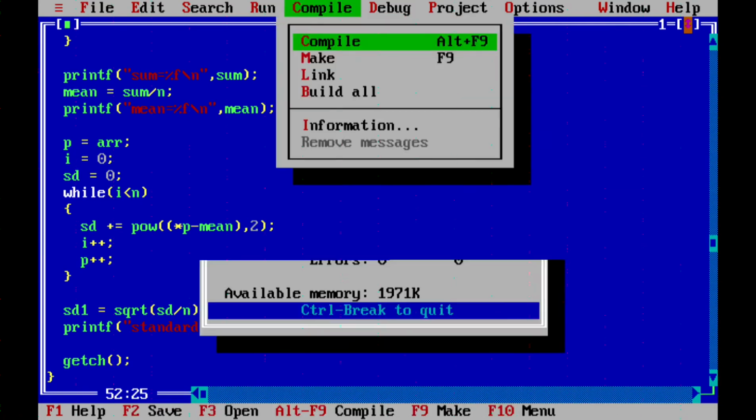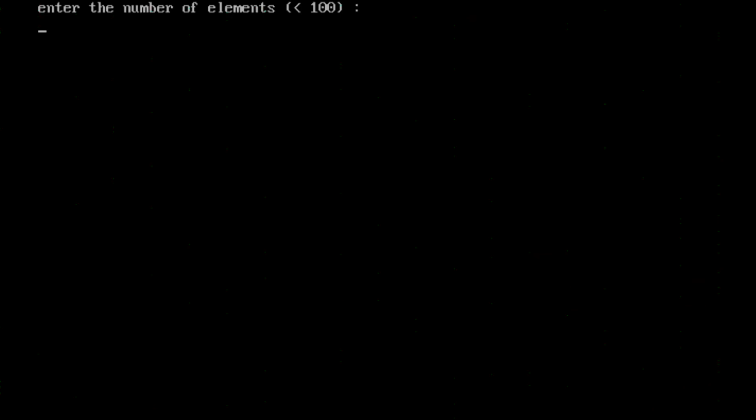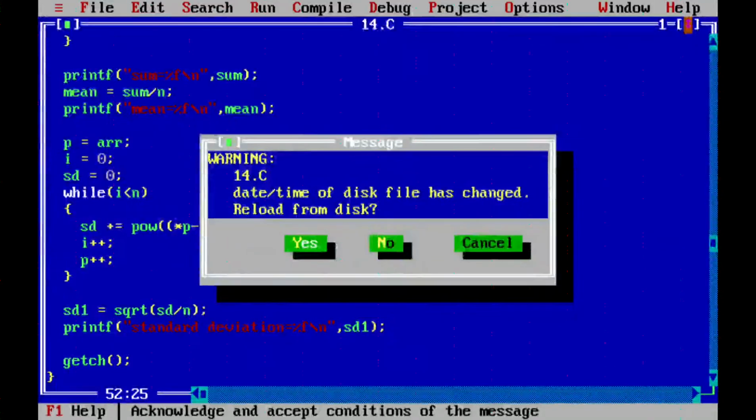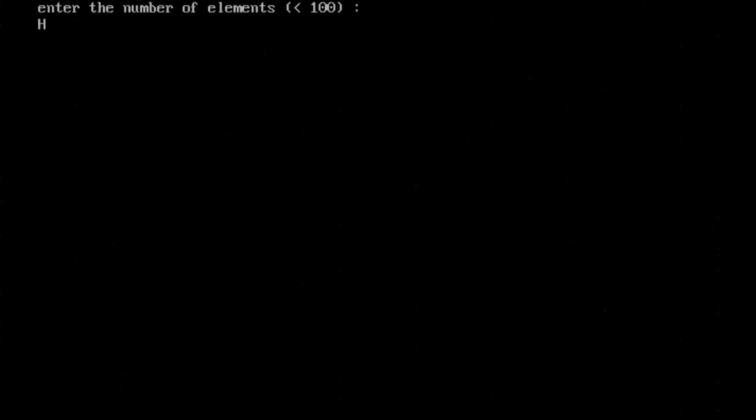Okay, so let me quickly compile and run, and say this is 5, 10, 20, 30, 40, 50. So you can see the sum, sorry, let me say 5.